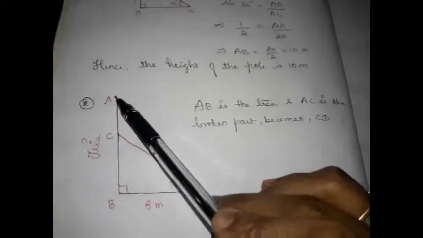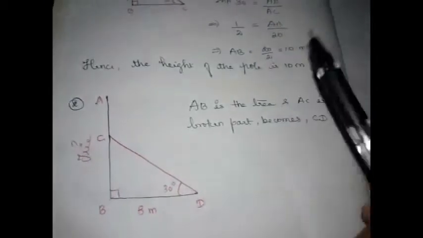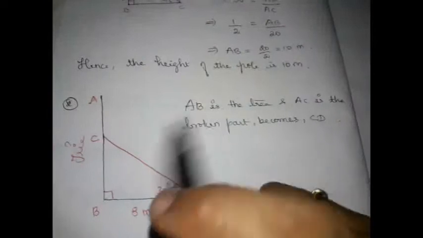Now listen, AB is the tree, and suppose the tree breaks at the point C, and after it's broken, it falls on the ground and touches the ground at D. This part has become like this. Okay. Now they asked you to find the height of the entire tree. Now AB we need to find out. How can we find AB? Now this broken part has fallen like this. Now if we find the length of BC and the length of CD, and add these two, we will get the length of the entire tree, right? That is the idea behind it.